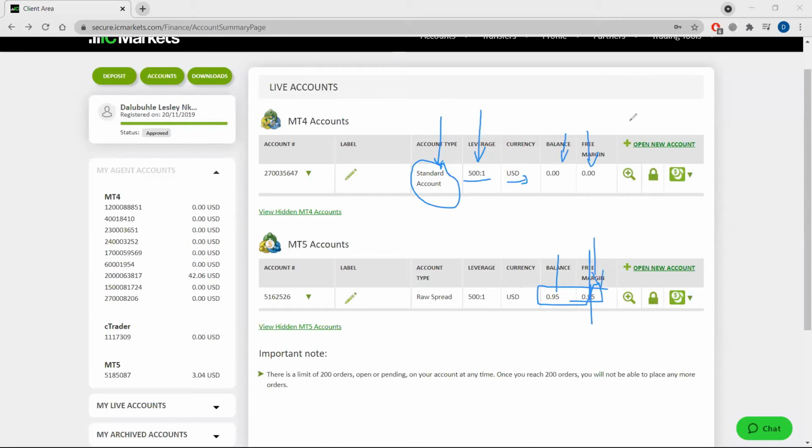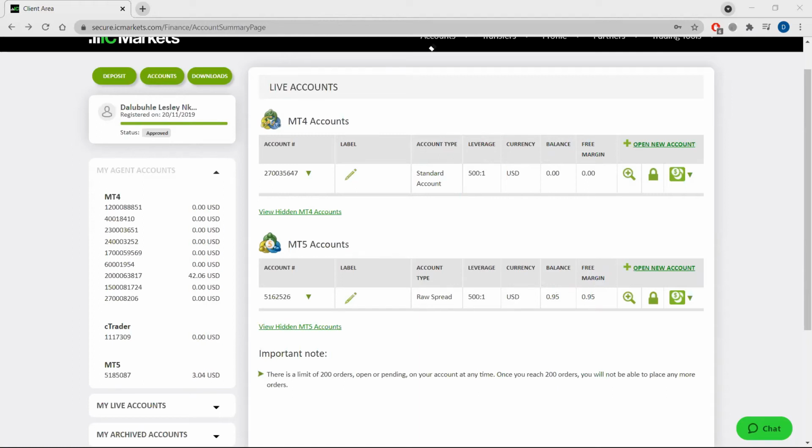Don't worry about it. Now let's see if we open an account. This is IC Markets. Let me go and open an account on a different broker. I want you to understand it's the same thing everywhere. Leverage, balance, everything is the same everywhere. So I'll do it on a different broker so you get it as well. Now let's use